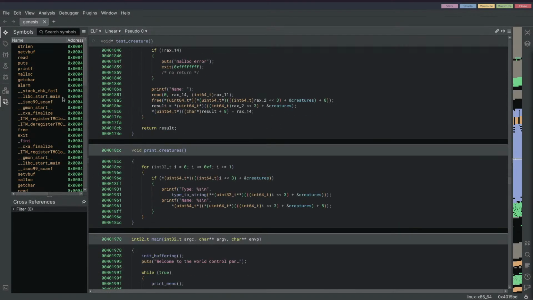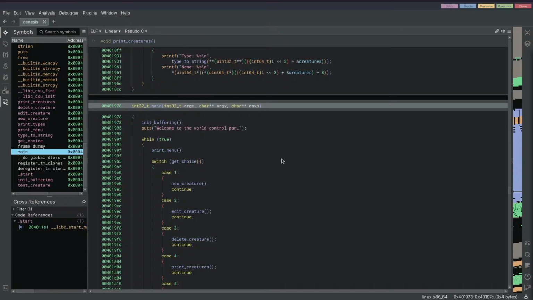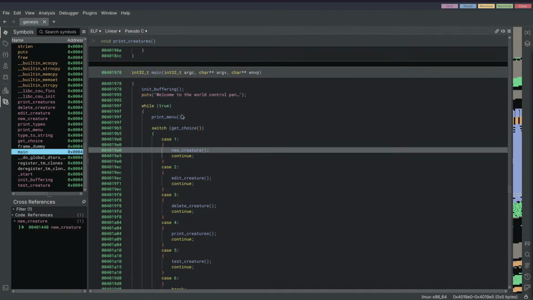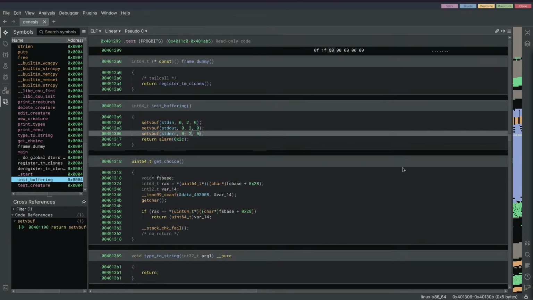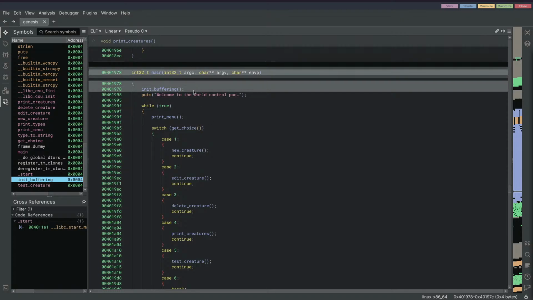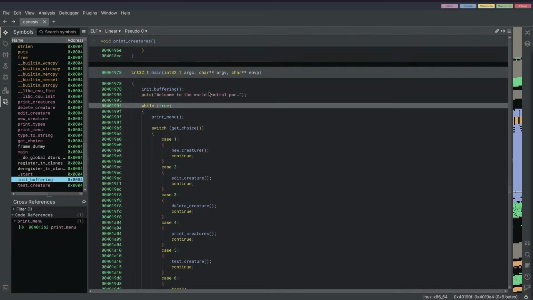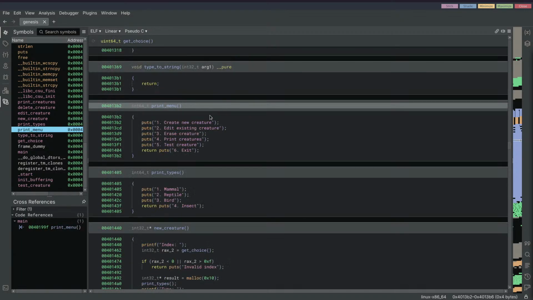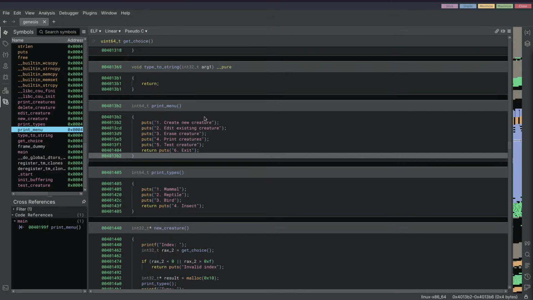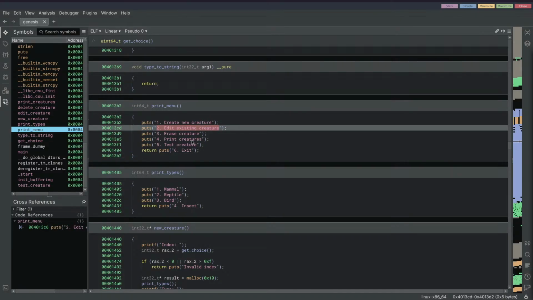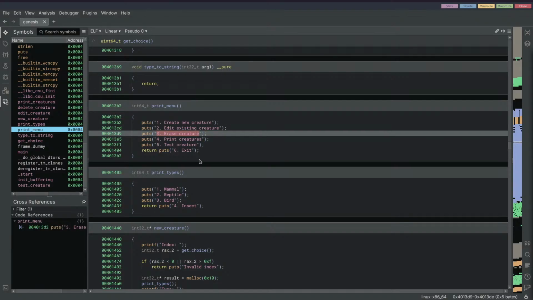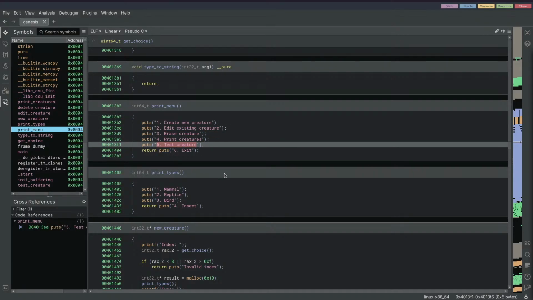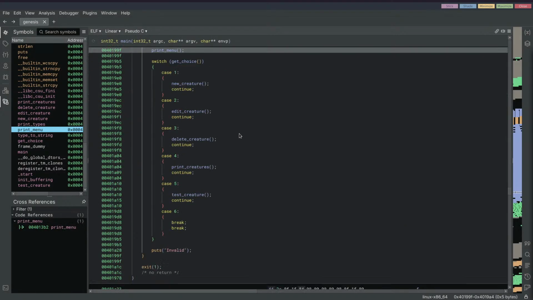I'm just going to start at the main function and take it from there. Okay, here we go. This is not really important, just to set up the buffer for the CTF. You have a print menu function: create new creature, edit existing creature, erase creature, print creatures, and test creatures. So let's start with